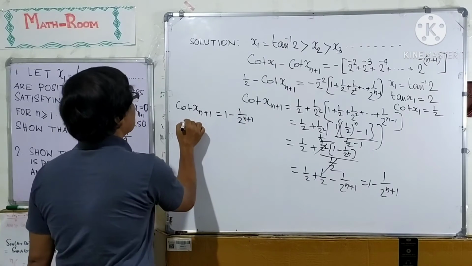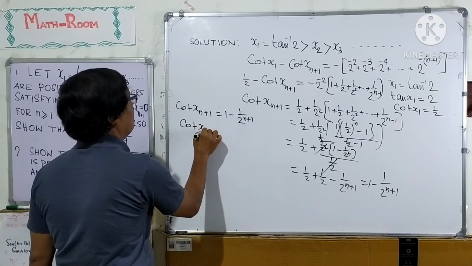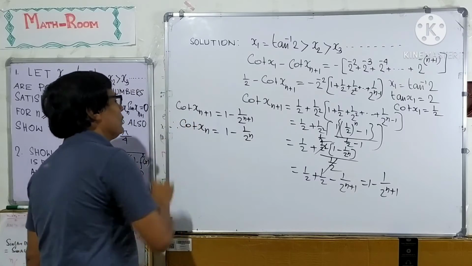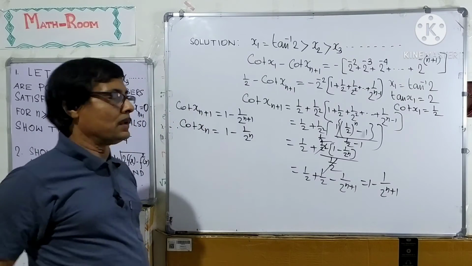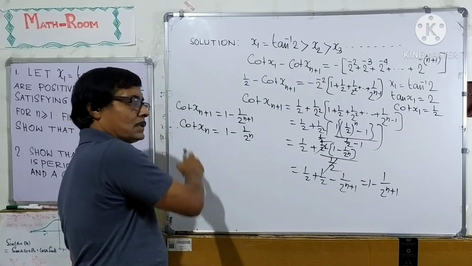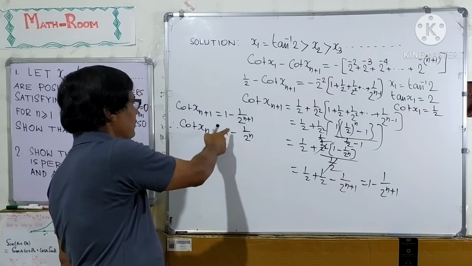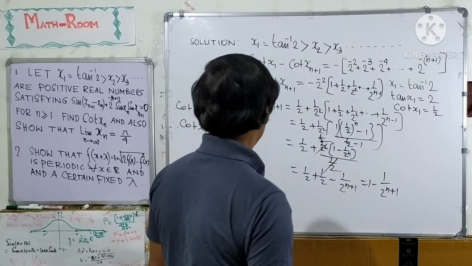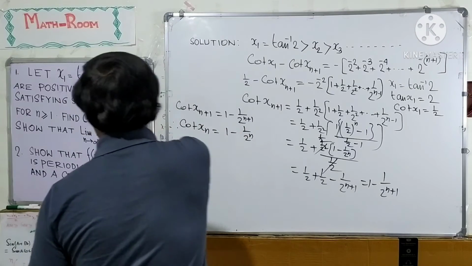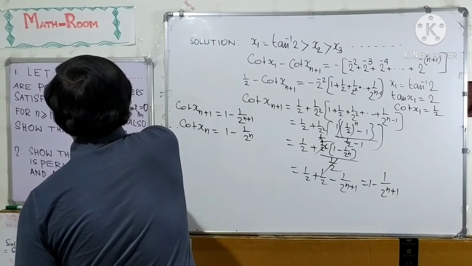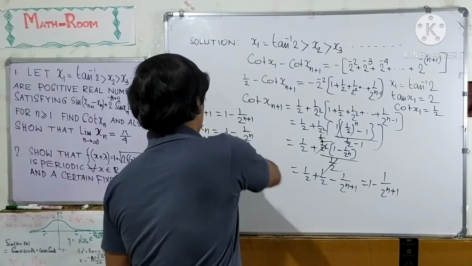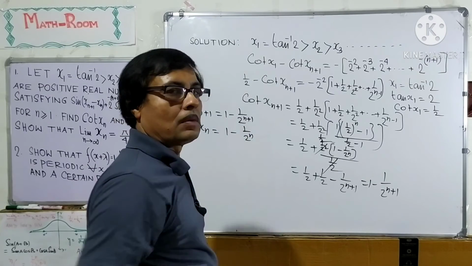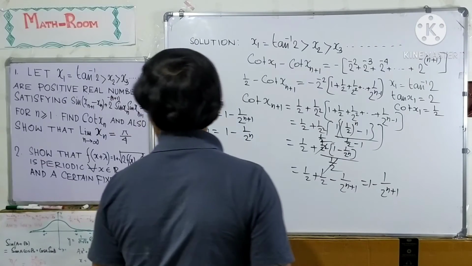So, cot xn equal to 1 minus 1 over 2 to the power n, if we replace n plus 1 by n. So, this is the value of cot xn. We have to find out the value of cot xn, and we have got cot xn equal to 1 minus 1 over 2 to the power n. Now, finally, we have to